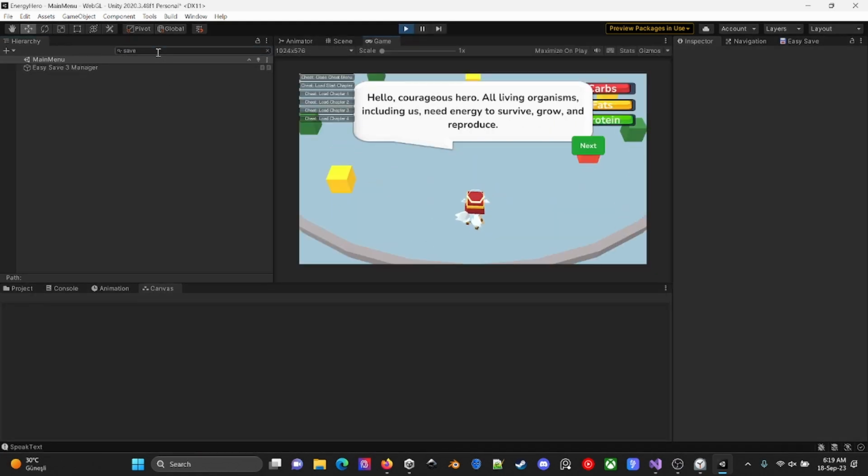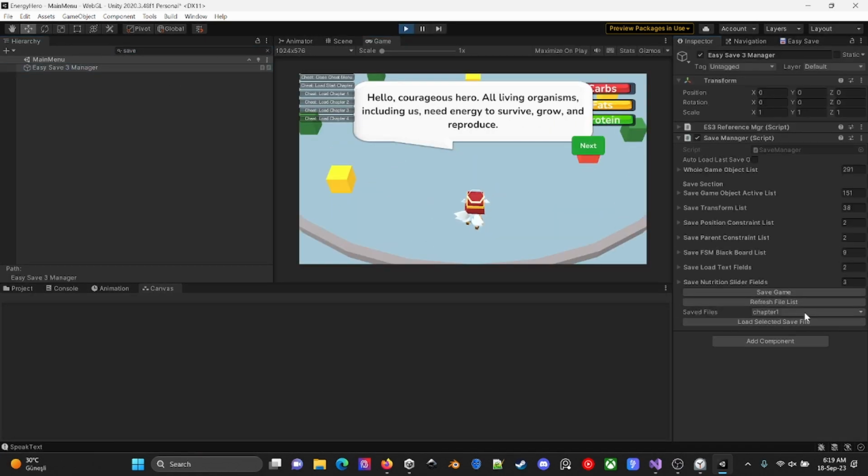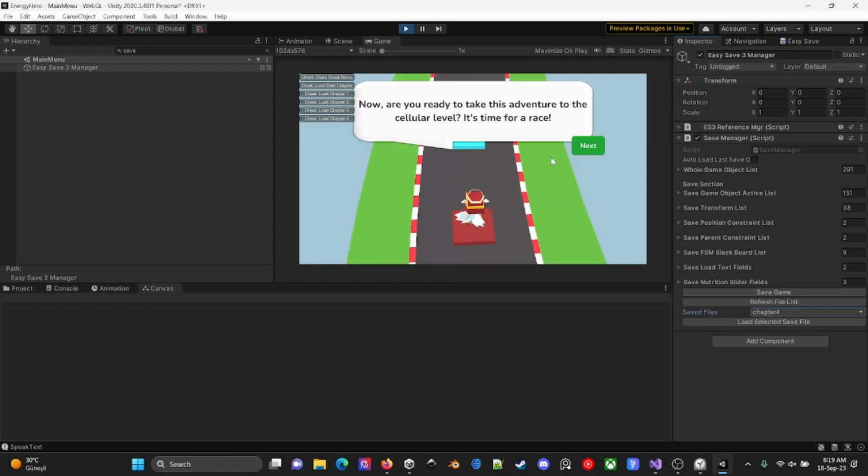So this means that when I press new game and go to my save file, next, as you can see, this is just "Next" written. And so pay attention to the heat meter. Let's begin the race.